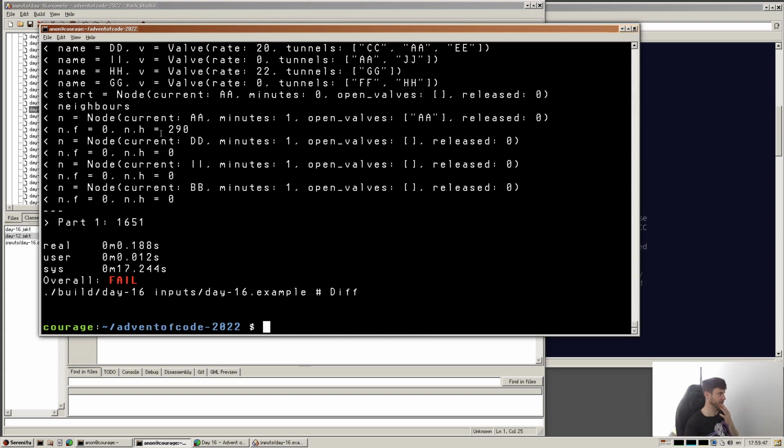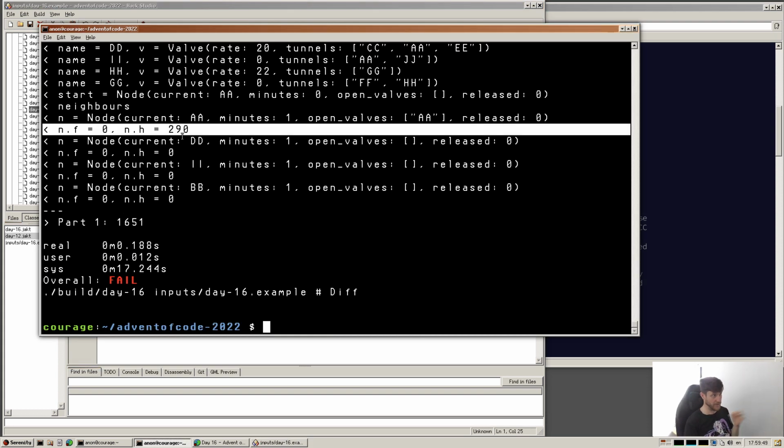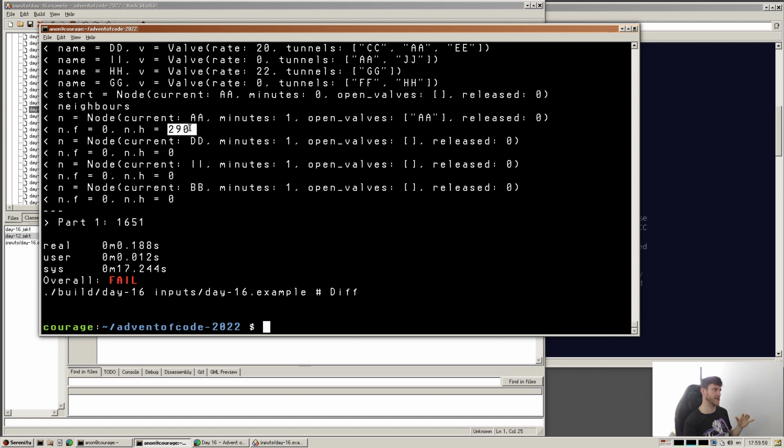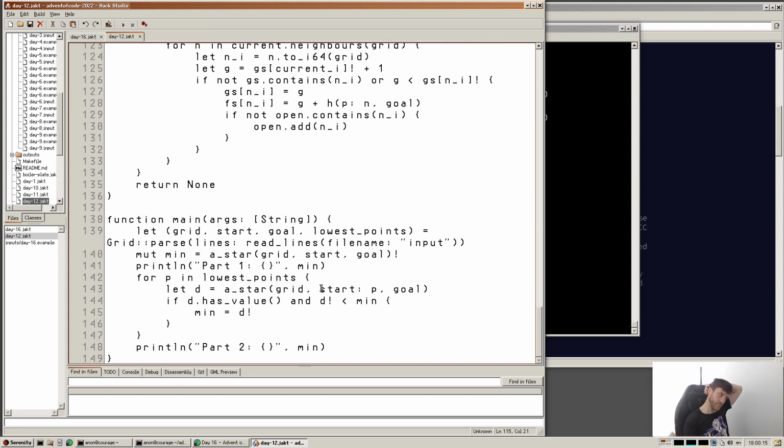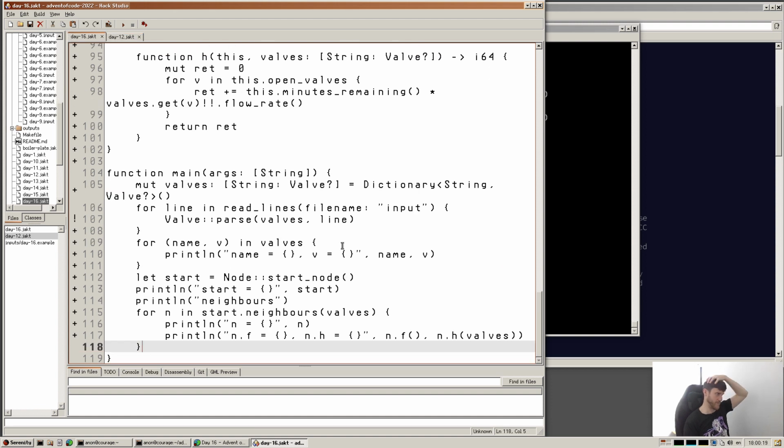And now, yeah, so our H went, so we spent a minute opening the valve, so we have 29 minutes left, and then for those 29 minutes we have basically one valve being open, releasing 10 at a time, so we get to 80. Yeah, that looks pretty good. So we'll change that back to how it is, and we could probably even